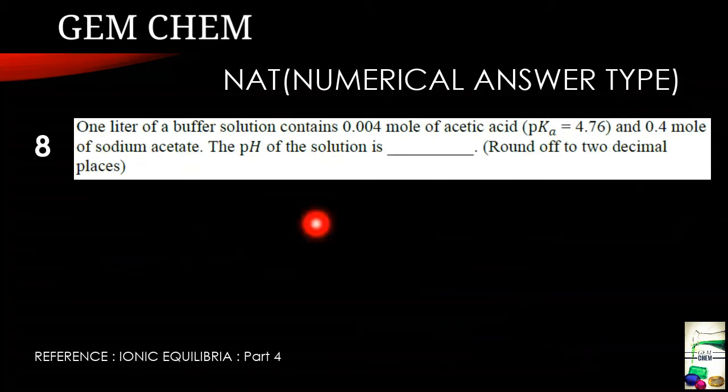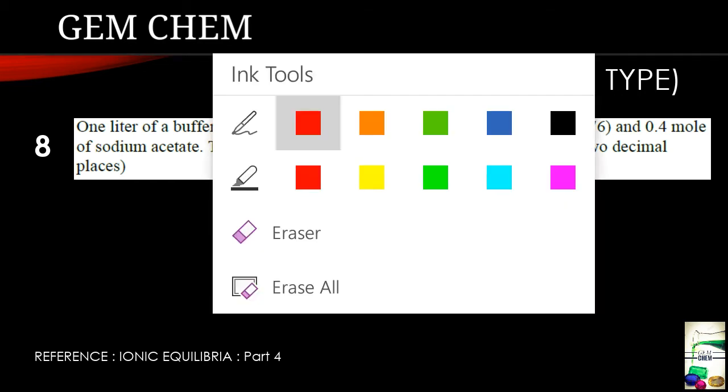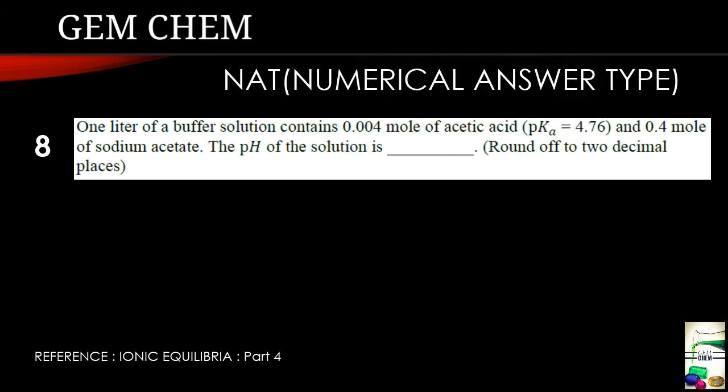Now the next question is from buffer. Now 1 liter of a buffer solution contains 0.004 mole of acetic acid and 0.4 mole of sodium acetate. Now we have to find the pH of the solution. Now the minute concepts of buffer solution are being discussed in Ionic Equilibria part 4 video. You can watch it. I will give the link in the description box as well as the I button present